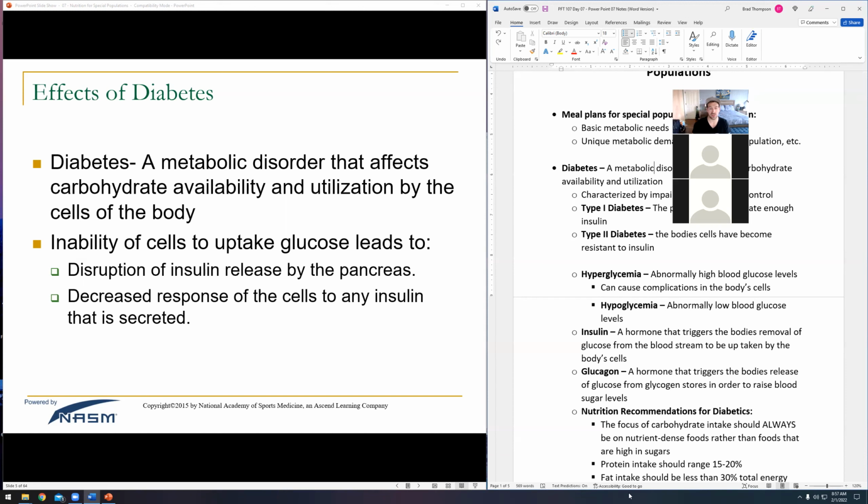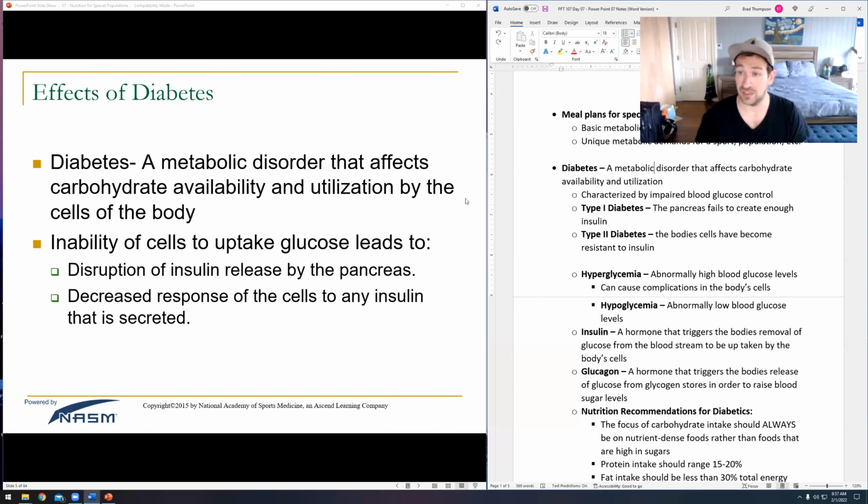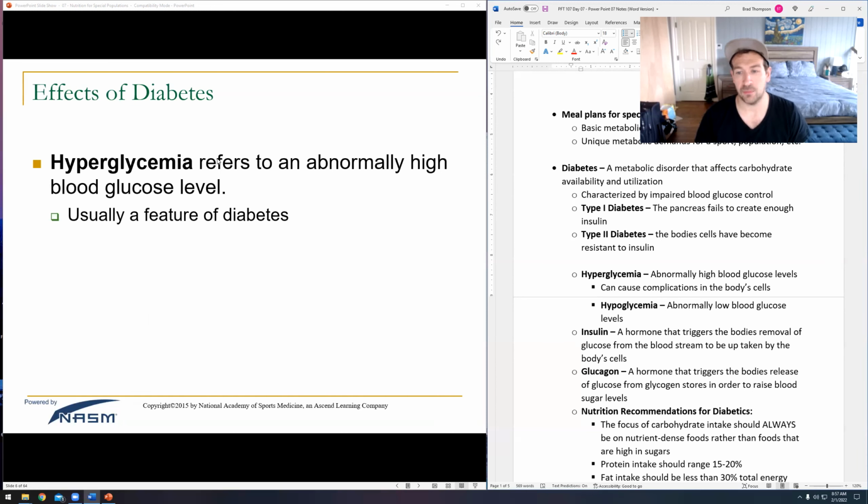It's where your immune system, for some reason, is disrupting your pancreas's ability to release insulin into the blood. So then what ends up happening is your blood sugar levels just remain elevated, and you end up becoming what we call hyperglycemic, right? Hyper for a lot, glycemia meaning sugar in the blood. That's abnormally high blood sugar levels, which doesn't really sound like that big a deal because it's like, well, I'm supposed to have sugar in my blood anyways, right? What is possibly the harm of having a lot of it?